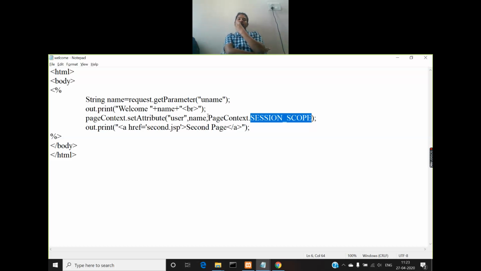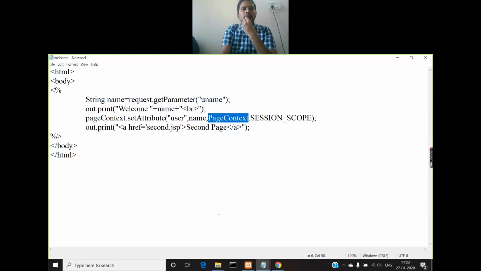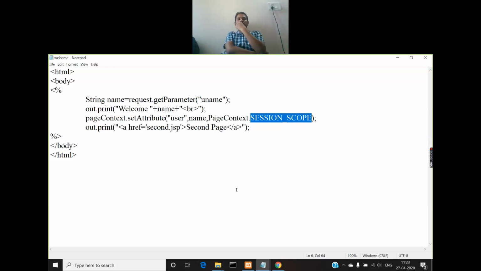You observe these variables are static variables. They are just like constants. Their values are predefined. You will not be able to change them. And because they are static, you can access their values directly by using the class name PageContext dot the name of the variable. So just like SESSION_SCOPE, you also have REQUEST_SCOPE, you also have PAGE_SCOPE, and you also have the other one. How many scopes are there? We have listed them just before.